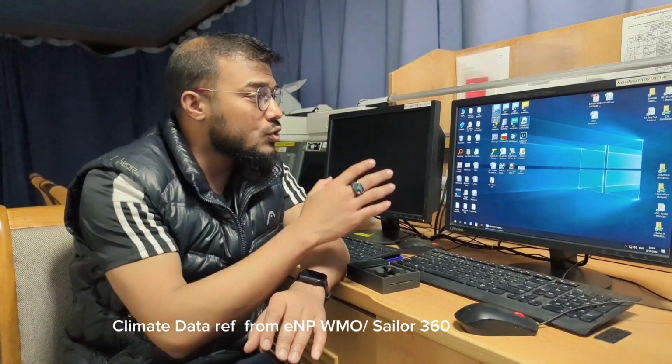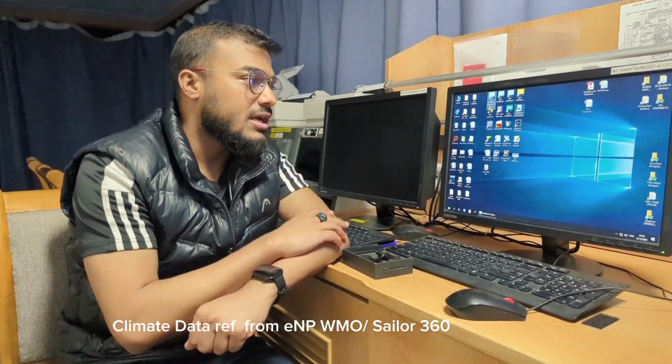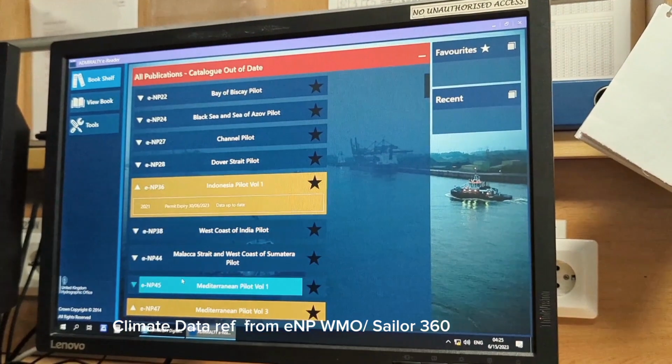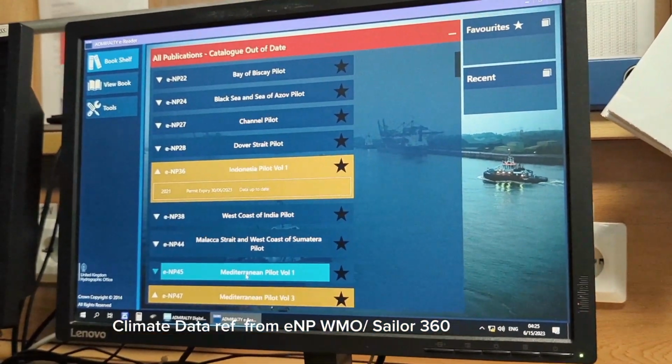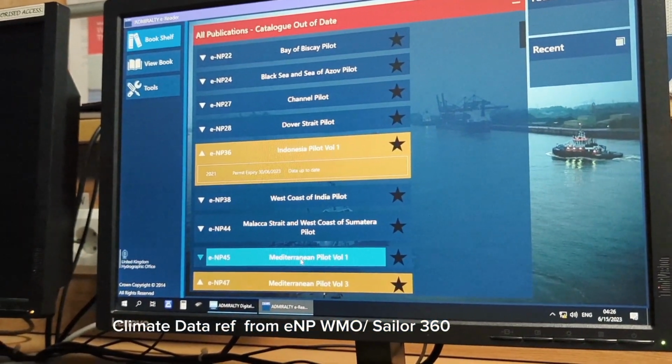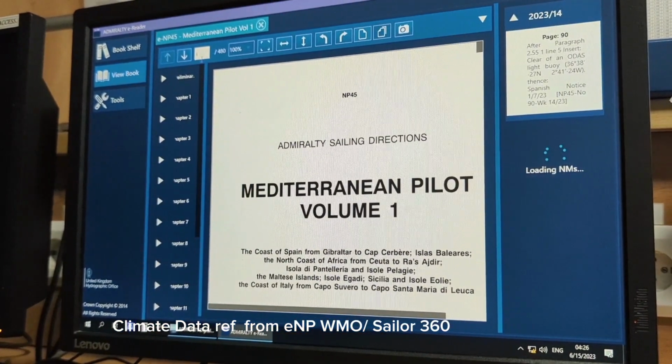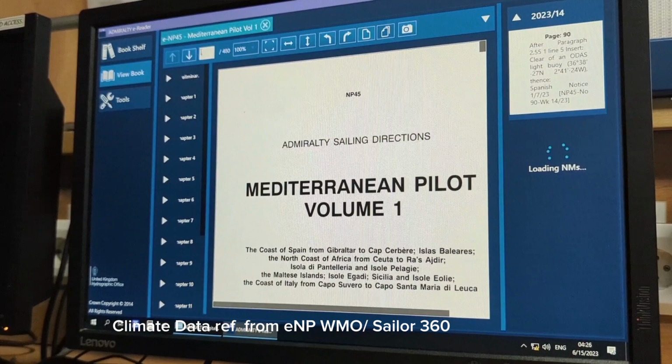Now let's go to eNP and check it out. What are the weather details and climatological details mentioned in this eNP? So eNP 45, this is the one, Mediterranean Pilot Volume. Now let's go to page 63. How to go to page 63? You will search here,